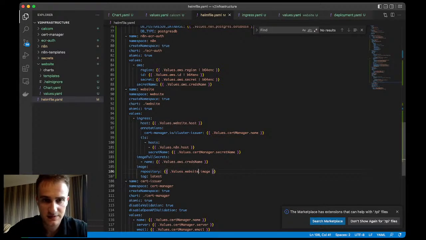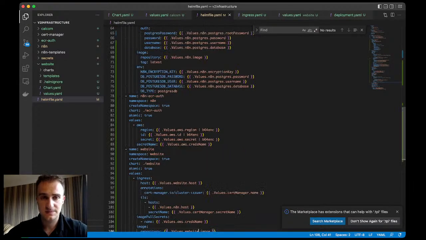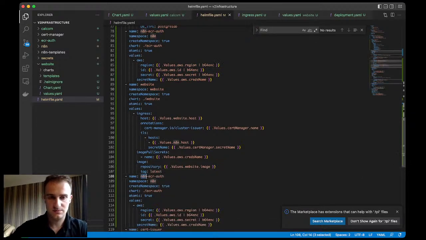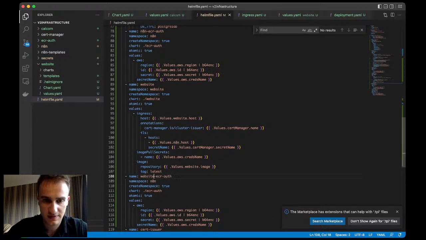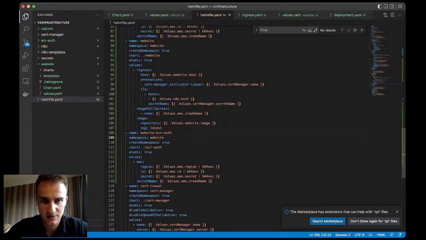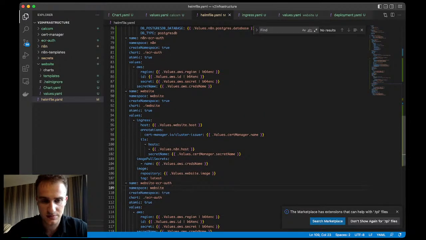Yep. So we have it. That's nice. Let's go ahead and also add the authenticator for these charts files. So I'll add it to the website here and here. Right, so everything else should remain the same. And now we should be able to deploy